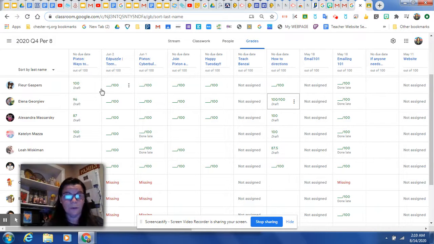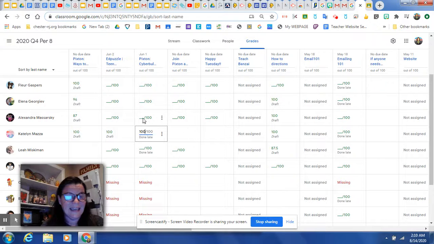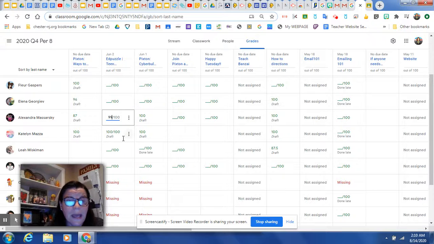But if you don't use the rubric feature, you can just go ahead and put your grades in. So Caitlin, I know she got 100 on this one, her Ed Puzzle. Her Pixton, she got 100. Let's say Alexa got 100 here. Let's say she got a 99 on this one. So you could just put the grades in this way, or when I have them written on a sheet,